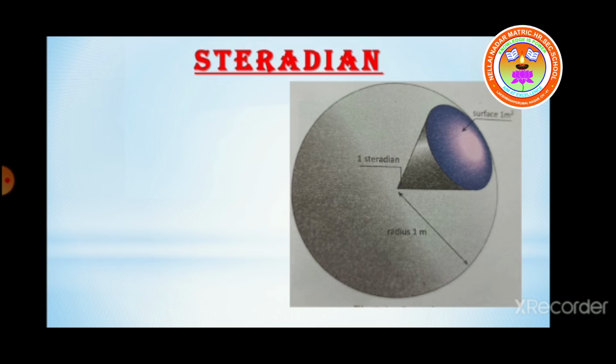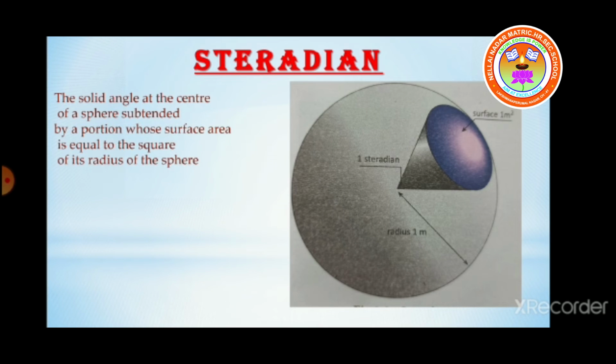The steradian is the solid angle at the center of the sphere subtended by a portion whose surface area is equal to the square of the radius of the sphere. So let us consider three or more planes intersecting. They pass through the circular object. Here we have to consider the smallest portion. Based on the plane angle, we can take this as the arc of the radius, isn't it? So this arc of the radius forms a sphere shape also.